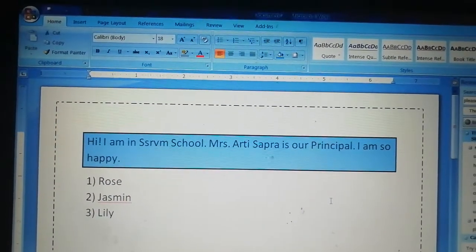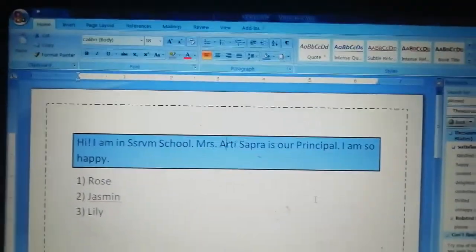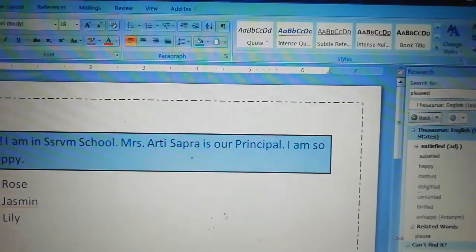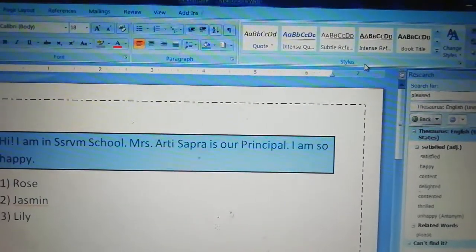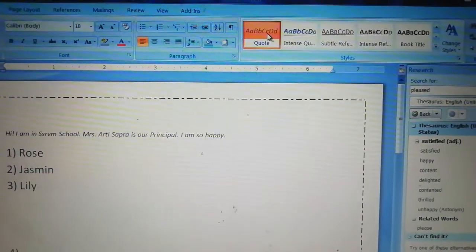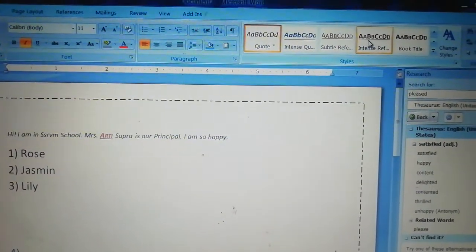Next is managing style, headers and footers. So how to manage a style? In the Home tab you can see this Styles group. Can you see this style? We can change the style of a selected paragraph. So here I am selecting this one, it's simple and small.